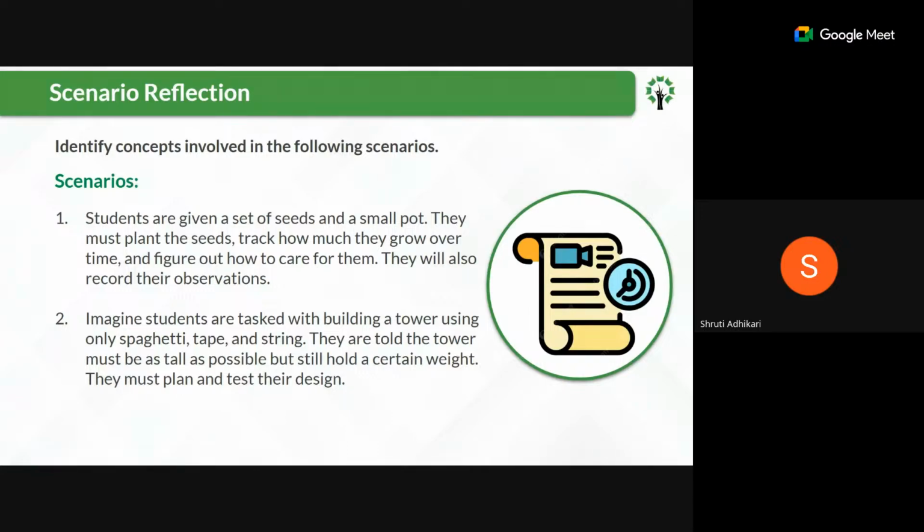So what subject is particularly involved in this scenario? Mathematics, maths, science. Okay. Ma'am, it could be math, science, even art also. Even art, designing. Perfect. Because they are building a tower using tape and string. It's like as per their own creativity, they can build a tower. So we can say, like Sir rightly pointed out, it's a part of art integration activity as